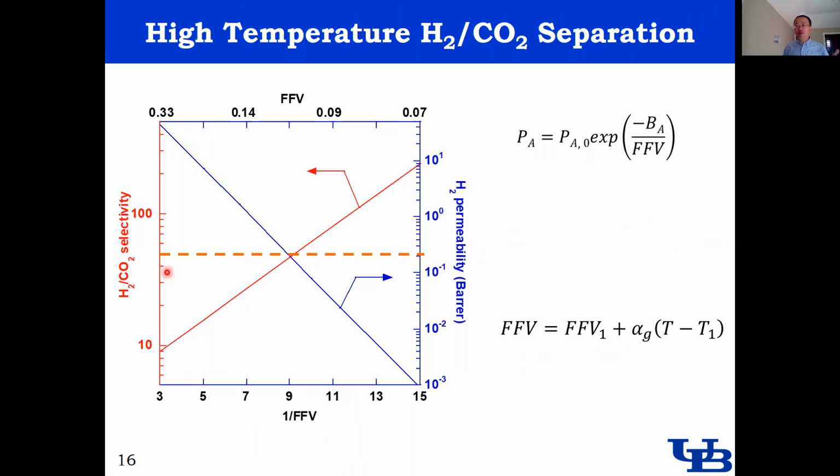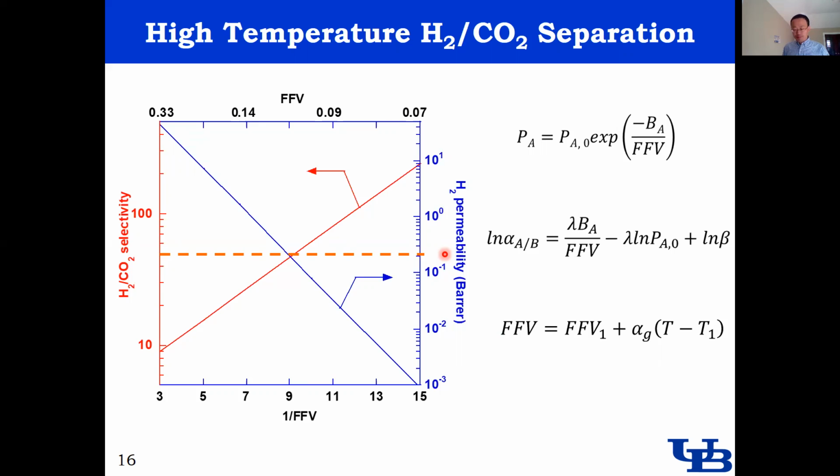application. We said, well, if we need hydrogen over CO2 selectivity of 40, what we are looking at here is we're going to need a fractional free volume of about 0.12. And that means that we're going to have our hydrogen permeability at less than 1. So again, this is probably not going to be too accurate. It should have accuracy of order of magnitude, right? But what we hope here is it could give us some general idea of predicting the gas transport properties at